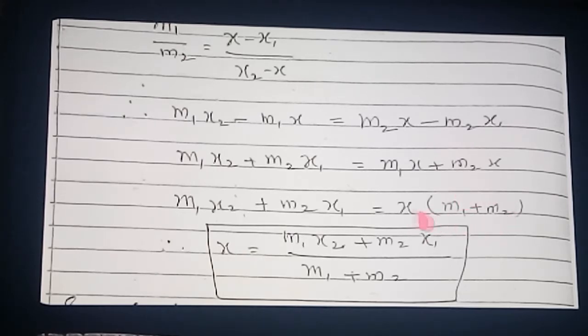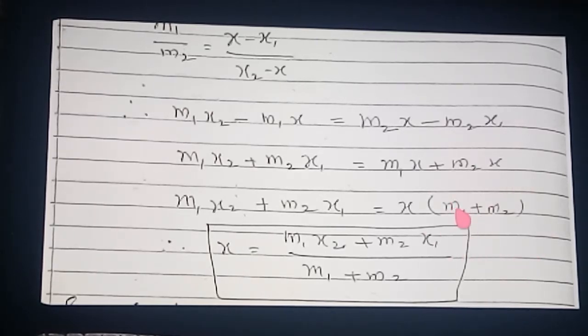Now very clearly you know our aim is to find out the value of x. So x keep there, remaining terms shifted this side. So here m1 plus m2 is multiplied with the x. So here dividing you will get the value of x. So now what is the value of x? m1x2 plus m2x1 divided by m1 plus m2. m1x2, here 1 2 writing, here 2 1 writing. Very easily you can understand, no? m1x2 plus m2x1 divided by m1 plus m2.